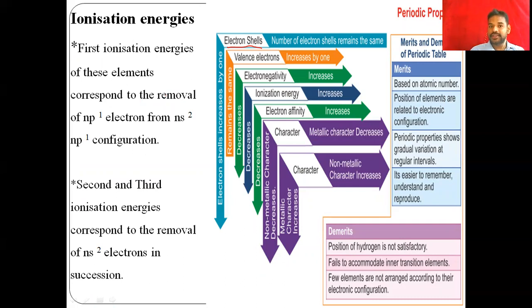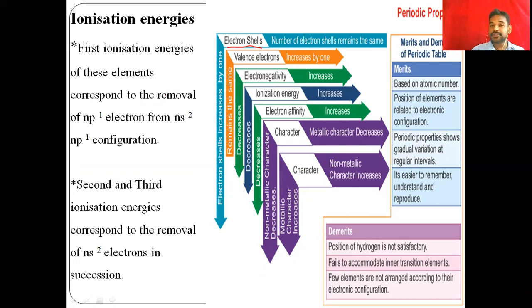And then electronegativity: normally the electronegativity increases along the period. Okay, down the group it decreases. In some cases there are exceptions, but in most cases, this we have already discussed. So you have to remember this in the p block also. So I have given an introduction to those periodic properties, and electron affinity also increases along the period.